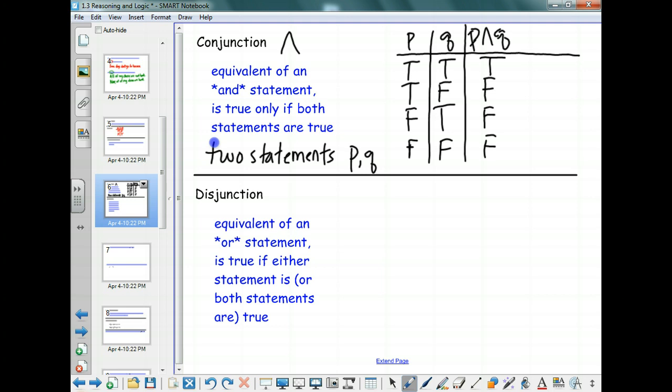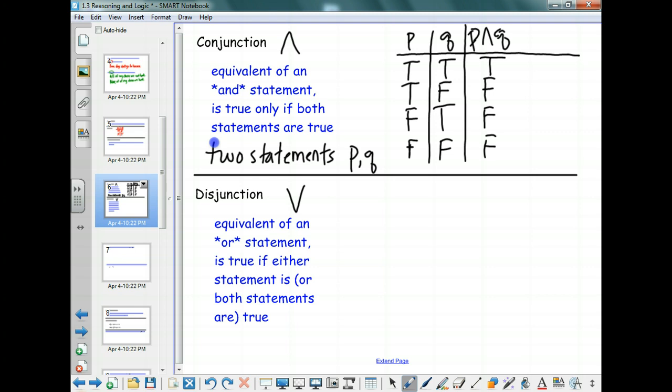That's what happens when you have a conjunction, an and statement. A disjunction is an or statement, and we'll get our symbol right from the get-go this time. That's ∨. An or statement means one statement or the other, or both,